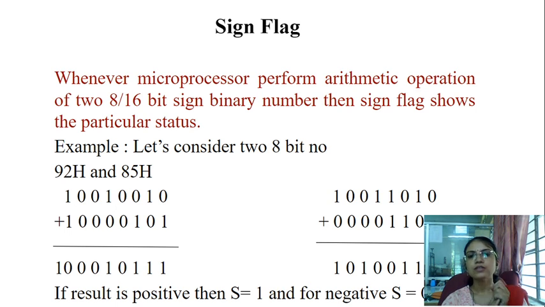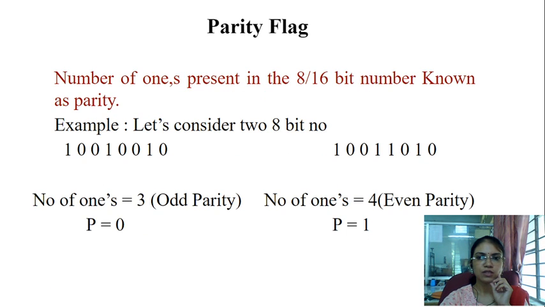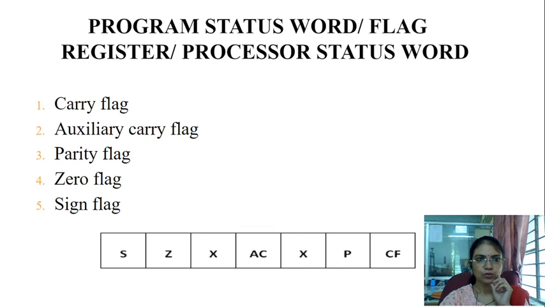So in this way all these flags work according to the operation performed in the ALU, whatever the arithmetic operations we perform, and according to their results these flags will give the particular status. So this is one of the important